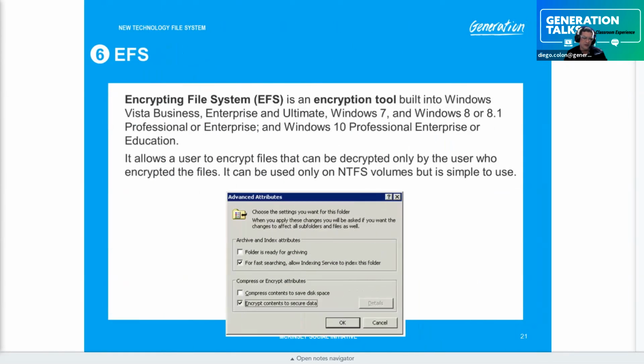EFS is slightly different. As we stated a moment ago, EFS is the Encrypting File System. Specifically, you do it to that given folder or file, and it will encrypt its actual content. So this is an advanced attribute of a given folder. If we remember, this is in the same spot that we go to check the archive bit. The archive bit is the bit that says I'm ready to be backed up. Hence, when you do a full backup, it unmarks this check mark to let the system know, if you do a differential backup, or if you're going to do a